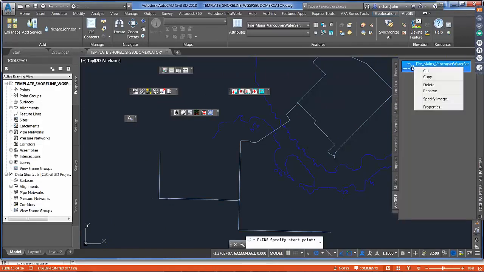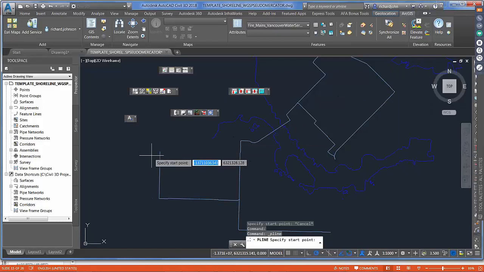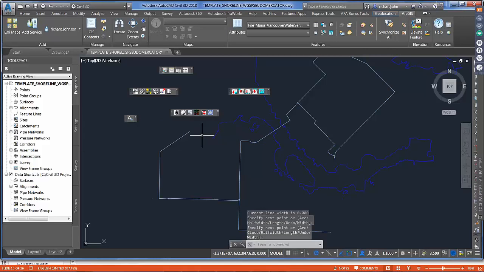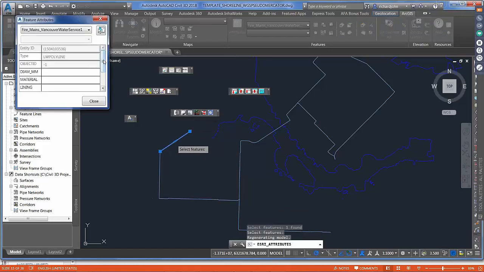So I've already changed an attribute. Now I'm going to go ahead and make sure that I use my snaps, because remember that we want this thing to be topologically valid. And use my attribution to, again, add data